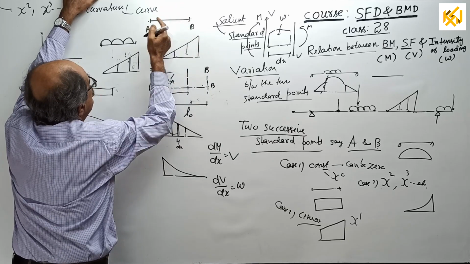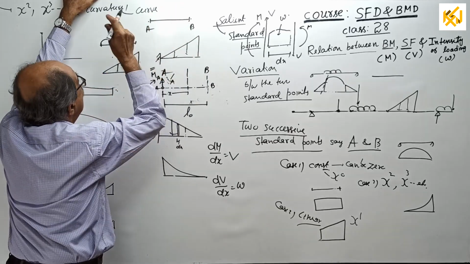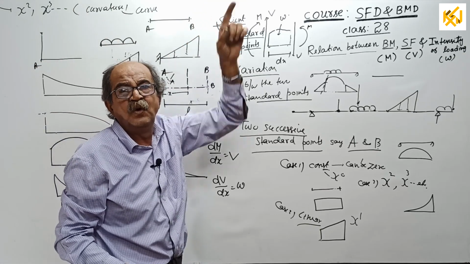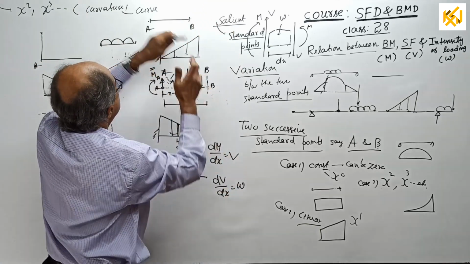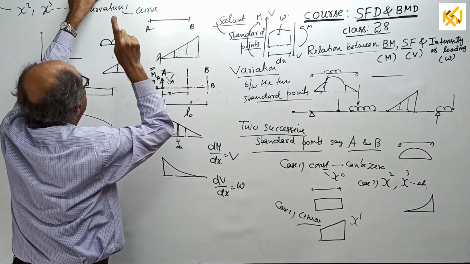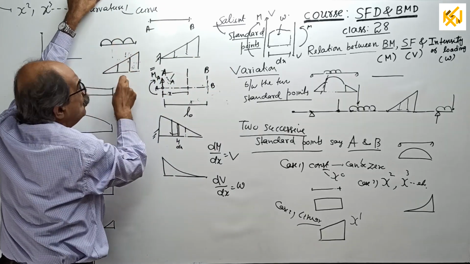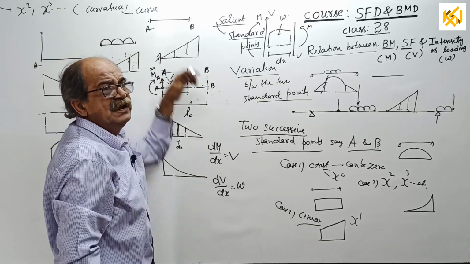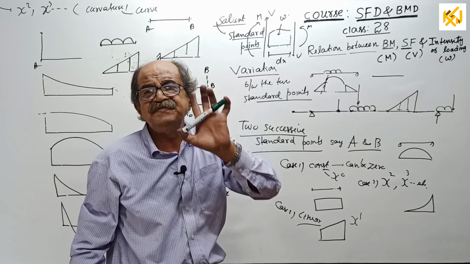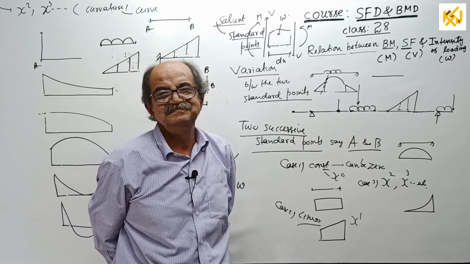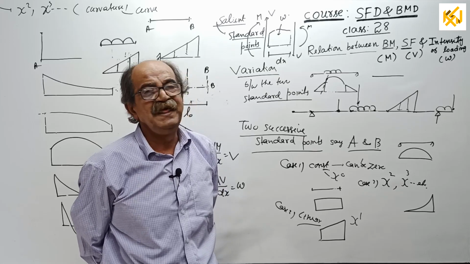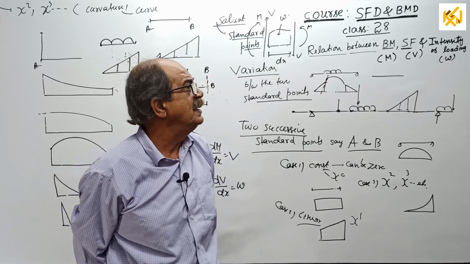If you told, sir, no load one case, I will tell you, no, before that one more case is there, when V is 0. Okay, sir, no problem, got it. But sketch-wise, between 2 standard points, no load one case, UDL one case, and UVL next case. Sir, you have not considered between those 2 points. If a point load is there, you have not told, sir. I have to laugh only. Anybody viewing can tell the reason here?